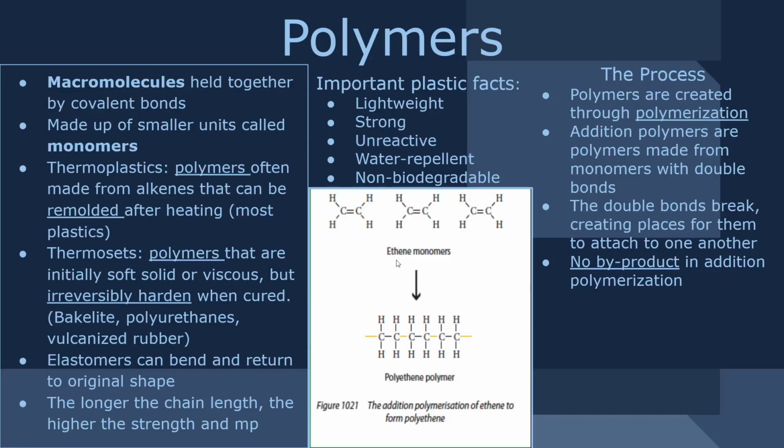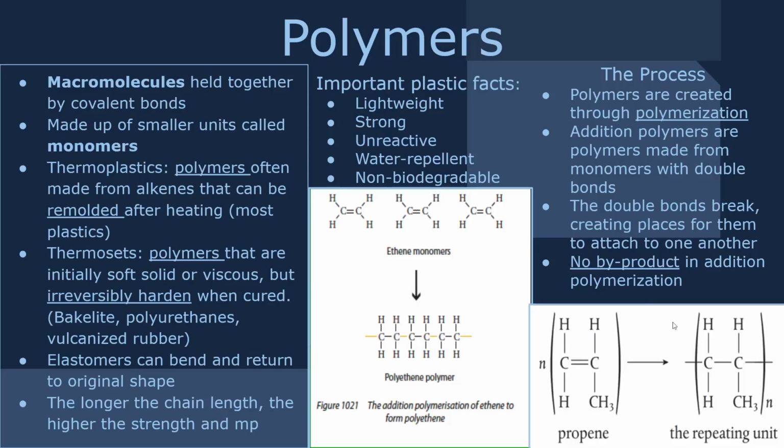So here's an example of ethene monomers forming into a polyethylene polymer. You can see that the double bond here breaks, and you get these two. And then because the double bond breaks, now there's room on the left and the right for it to bond to other ones. And here's a more specific example of propene forming a